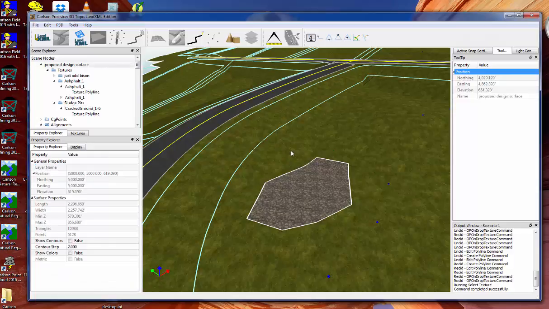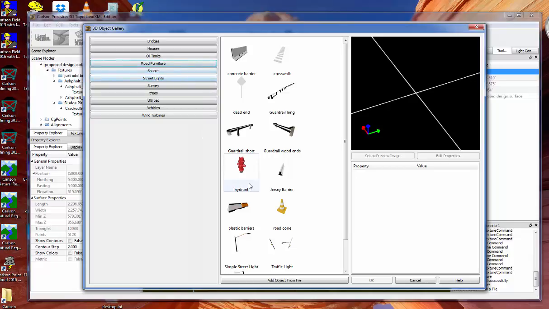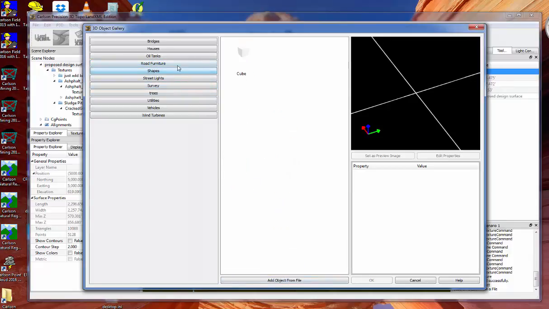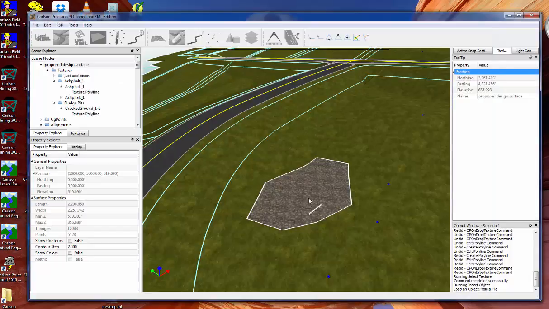Now the next feature that we have available is our 3D object viewer. This is our standard library that ships with the free edition, but you can also import your own OBJ or SketchUp files into the gallery and basically bring in all of your own stuff. So to insert these guys, we'll just double click,